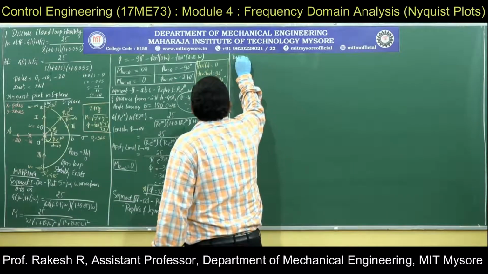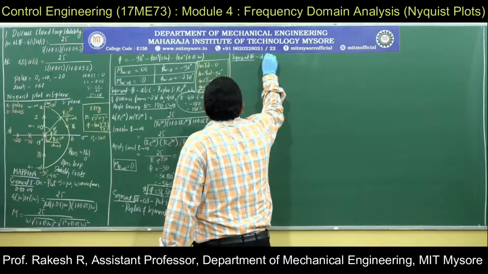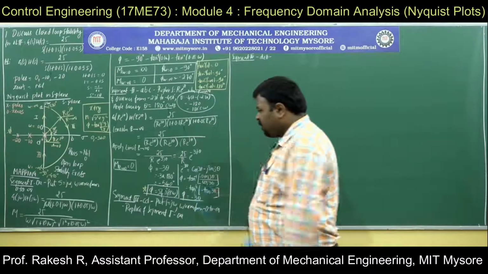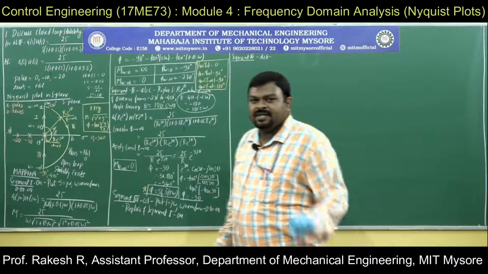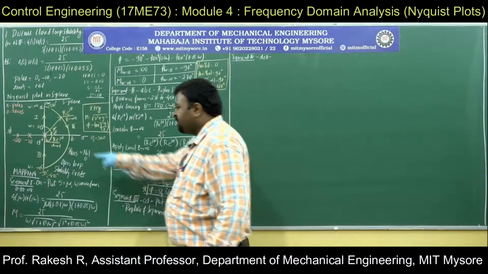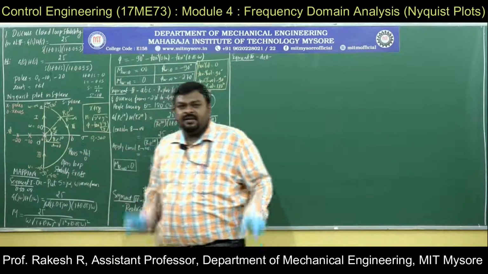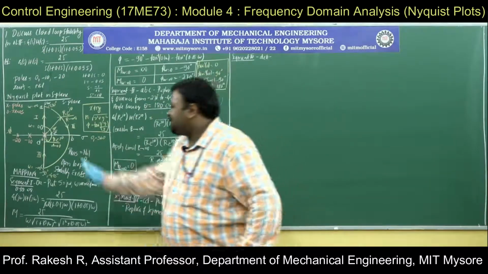What is segment 4? Segment 4 is DEO. What is DEO? Again, it is segment 4. It is a small circle which is bypassing the pole at the origin. Since there is a pole at the origin, this is like a devil. You won't go nearer to the devil. You will take some bypass. That's all. The same concept applies here.